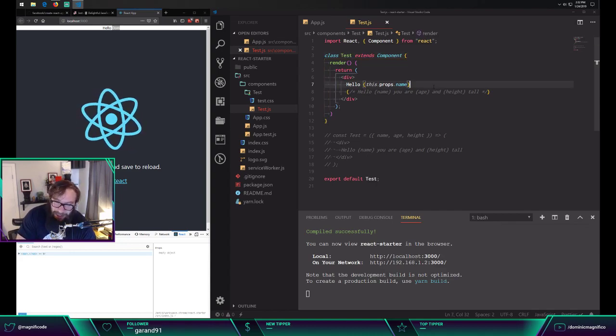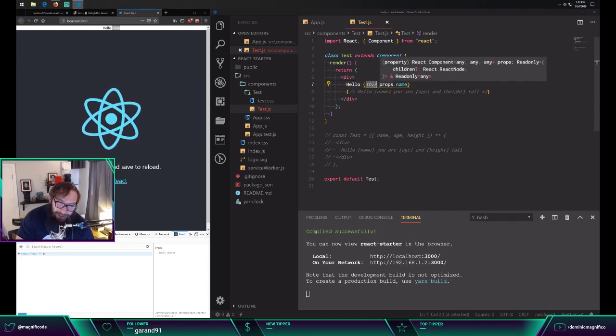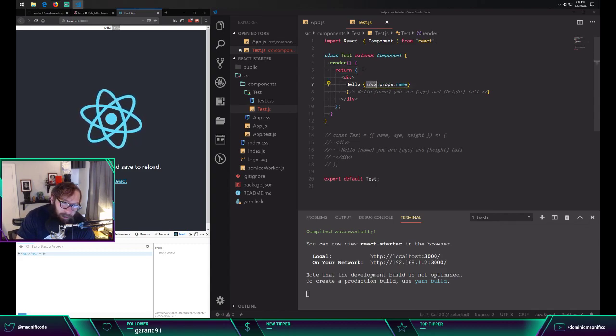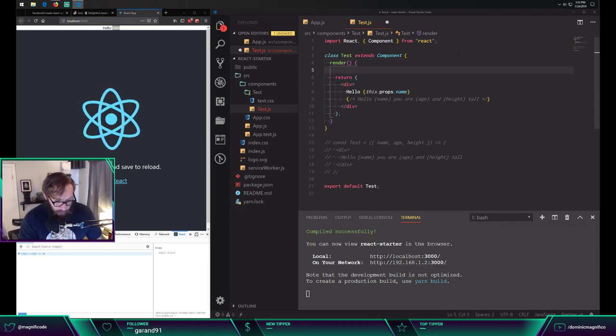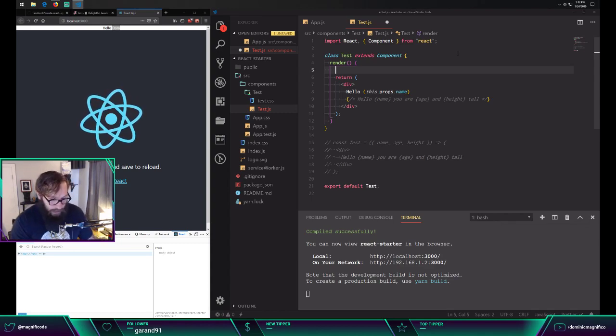So it's hard to explain and a weird concept, but in order to reference the props, at least at this level, terrible pun. At this level, you have to do this.props.name. This is something that we can destructure. If we wanted to, we could do it up here. I'm going to end up doing it in a different place down the line here, but just for example's sake,